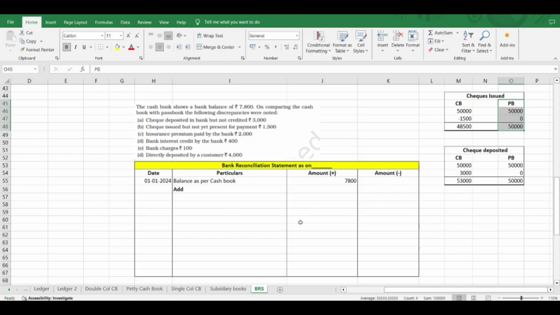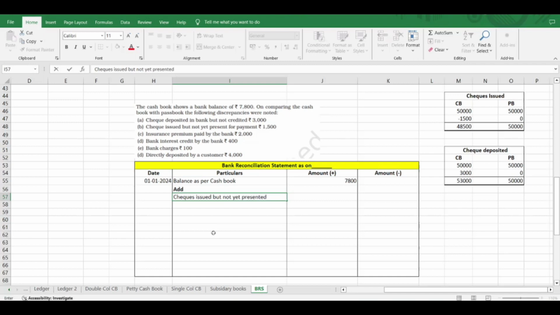So whatever we have deducted, we will add here for the time being to reconcile our cash book with the passbook. So, checks issued but not yet presented for payment,